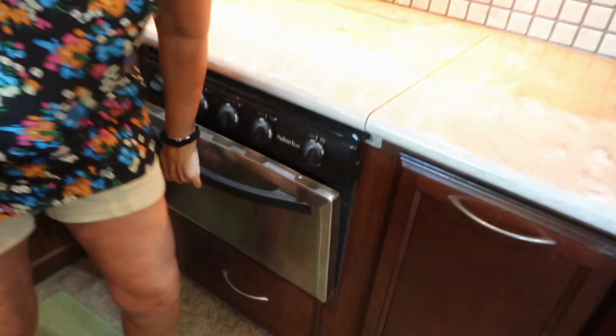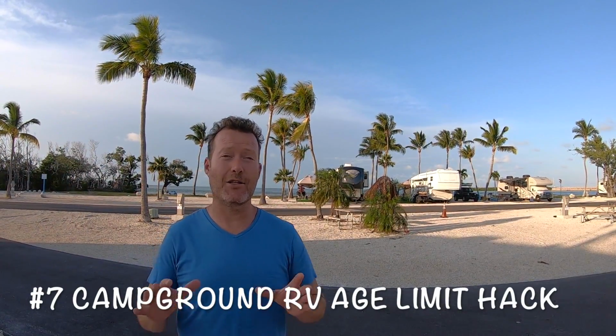So there you go. So how many of you have heard about the 10-year-old RV limitation, that if your RV is older than 10 years old, there are a lot of RV parks and campgrounds that won't allow you to come in? Well, there are exceptions to that, and that is a secret that you may not know, that you can actually contact the park and send a picture of your RV. You can let them know that it's been well taken care of, that you have remodeled it, or you can say you simply really need to stay at their campground and ask them for an exception,